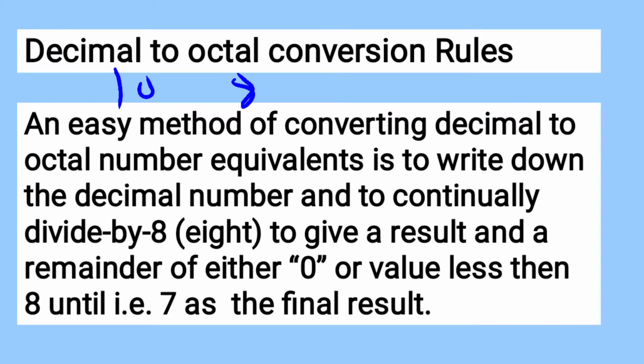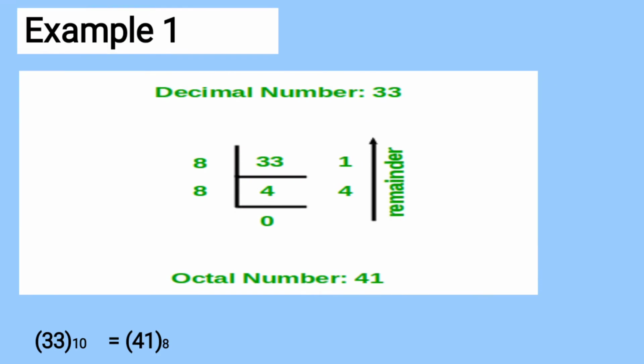Second thing, how long will you keep on dividing it? You will keep dividing it until the number becomes less than or equal to 8, because you know that these are the only numbers which are not going to be further divided by 8. So keep repeating the process, which is called repeat division. Keep performing the repeat division until the number becomes either 0 or a value less than or equal to 8. Simply start dividing it by 8 and keep performing the repeat division.